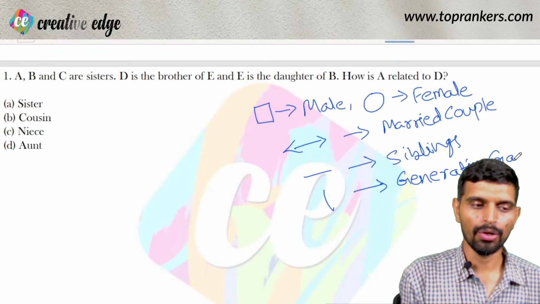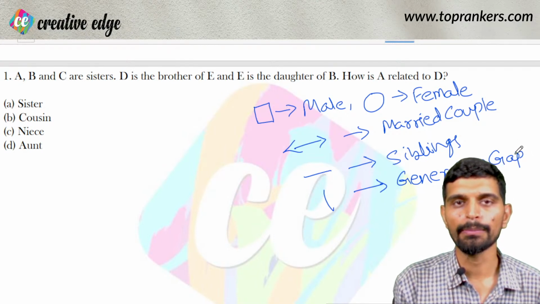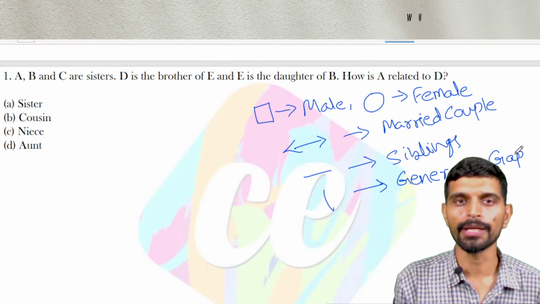These are the only conventions that are required to develop any blood relation based structure,